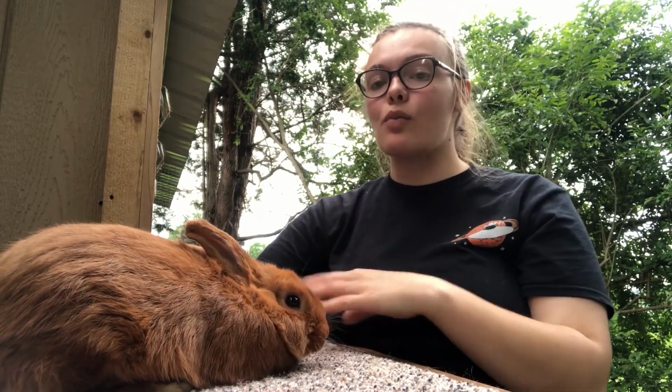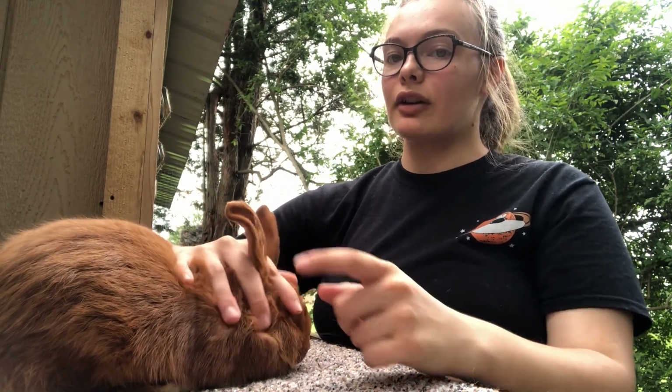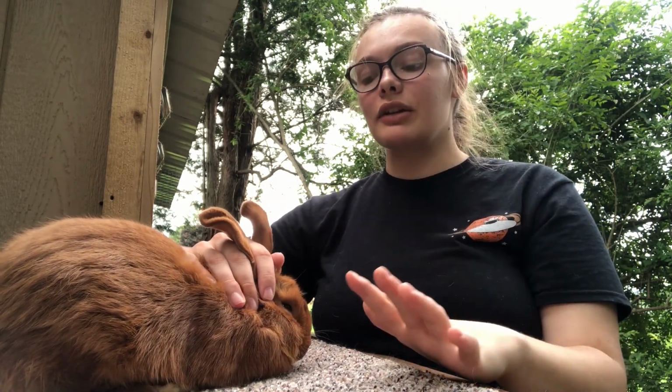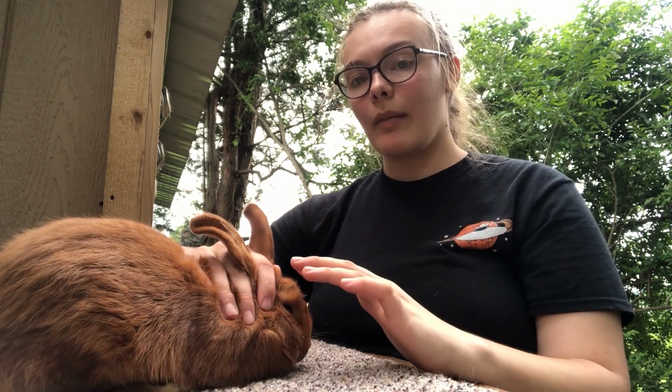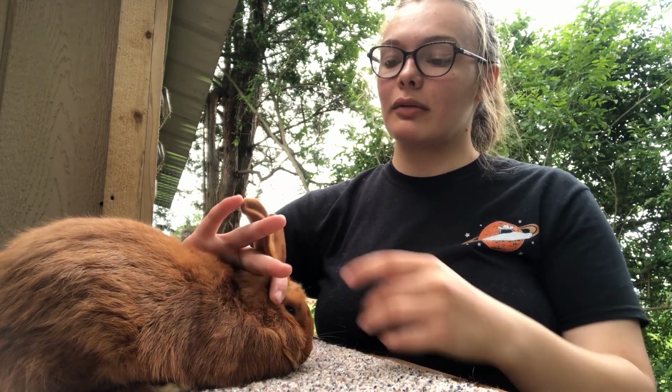Now, whenever you're flipping your rabbit, if you want to flip it just like I did, you want to grab the one finger between the ears, but your thumb and 3rd finger wrap around the ears. You don't want to pull on the ears or lift with the ears. Just have a firm hold of them to make sure that your rabbit can't turn its head or jerk its neck, because it could hurt both you and the rabbit. Then you want to gently, using the 3 fingers,